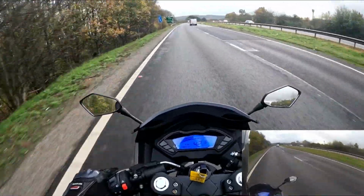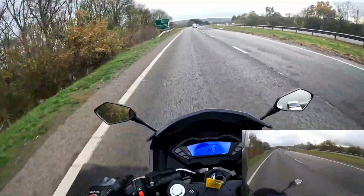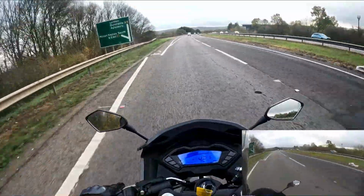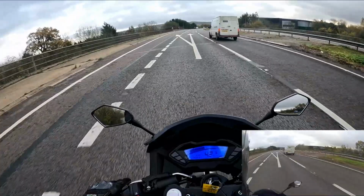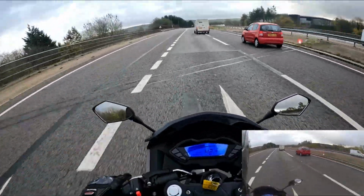But the LXS as well has an under-seat exhaust. The LXR's got a side-mounted exhaust. Both very good bikes. Which one appeals to me the most? I like both of them. It has that sports bike feel,